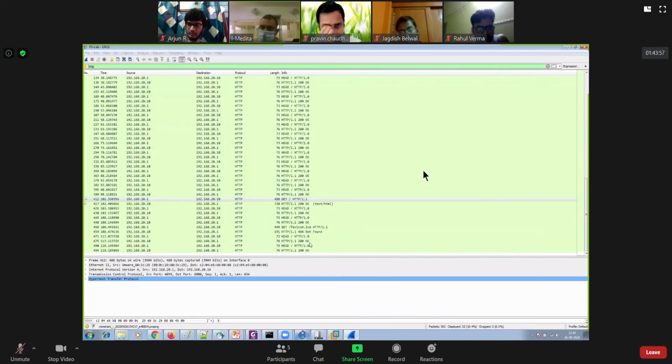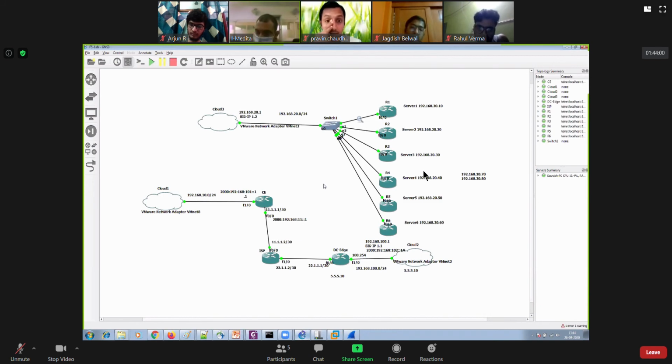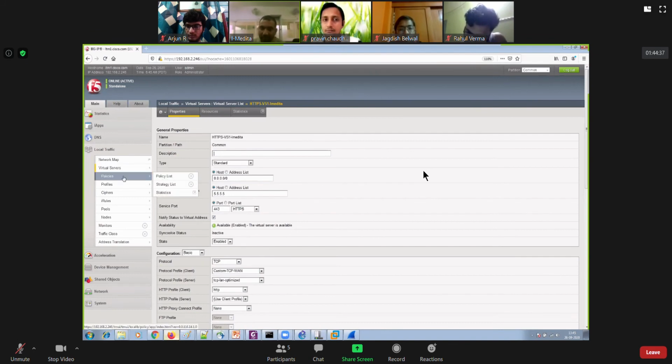Now, if you have threat analysis configured on your real servers, some software installed and doing threat analysis, and you are not aware of which client is coming in, you cannot identify from where the threat was actually generated. If you are doing some sort of monitoring, like from which region, from which country, how many users tried to access our website on your real server, you cannot do that, right? So in that condition, you have this HTTP profile and you can edit it and apply it accordingly.